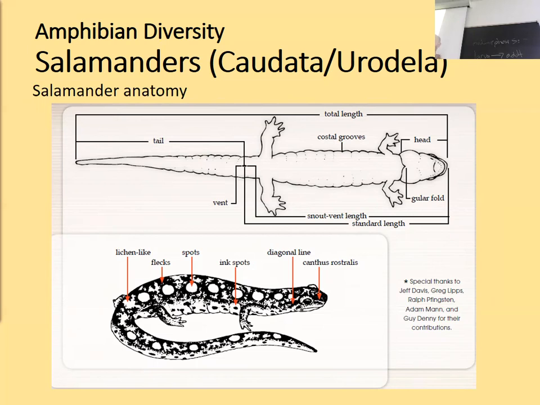An important measure that will come up again in this class is what's called snout vent length, or SVL. This is the standardized way we measure the size of amphibians and reptiles. It's the distance from the tip of the nose to the cloaca or the vent, so it's basically the body length excluding the tail. The reason is that a lot of these organisms can lose or drop their tails, so the total length doesn't really tell us important information because tail length can be really variable.